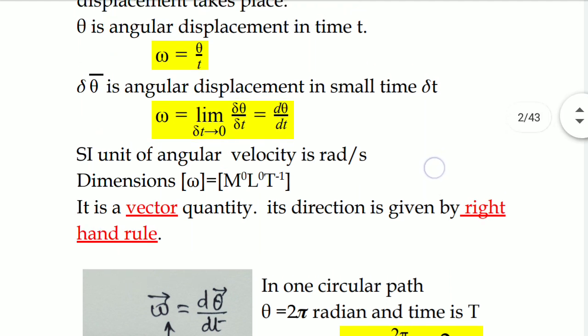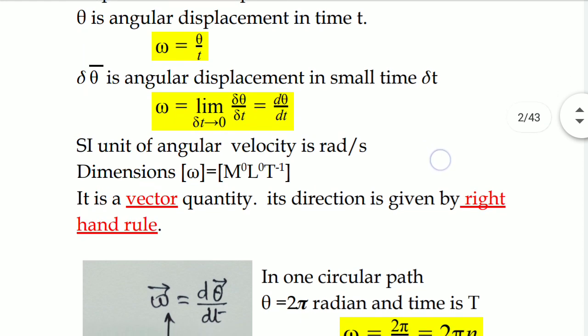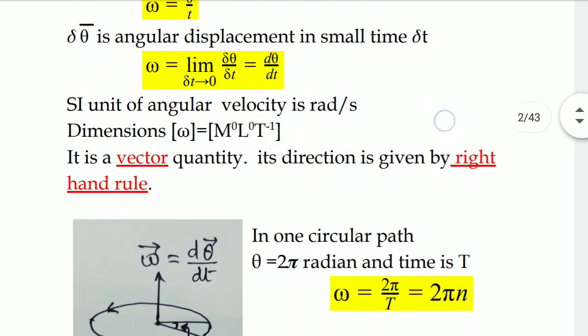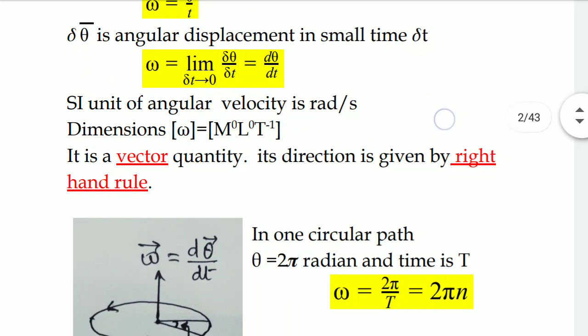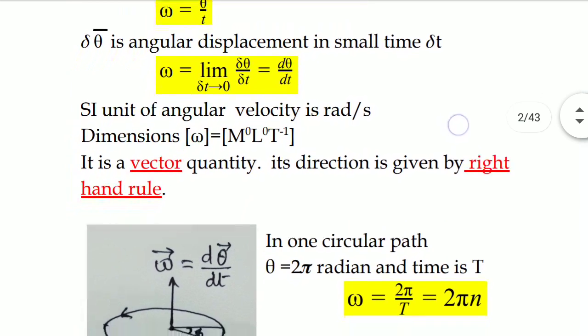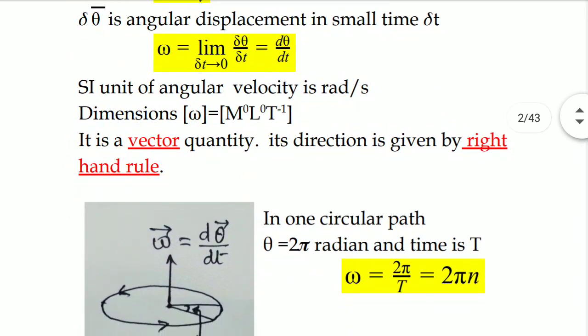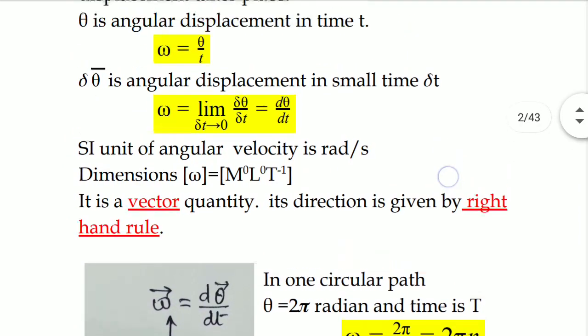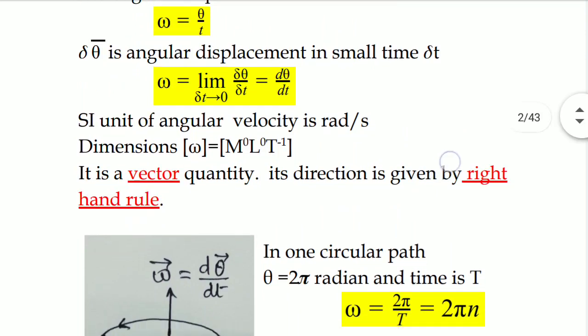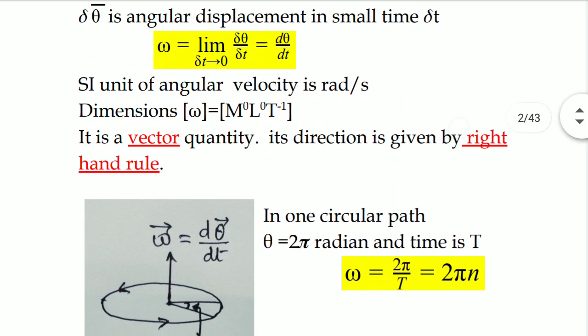t, or that instantaneous angular velocity and average angular velocity, they will always be equal. Whereas if the particle is not performing uniform circular motion, the angular velocity would be changing with respect to time. The value of instantaneous angular velocity and average angular velocity, they would be different. Now because it is theta upon time, it is radian per second is going to be the angular SI unit of angular velocity.